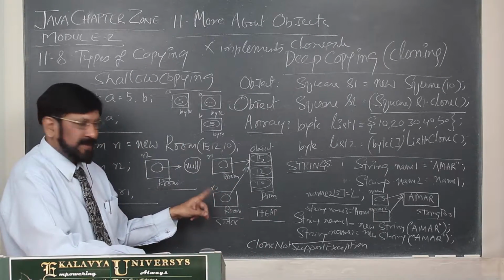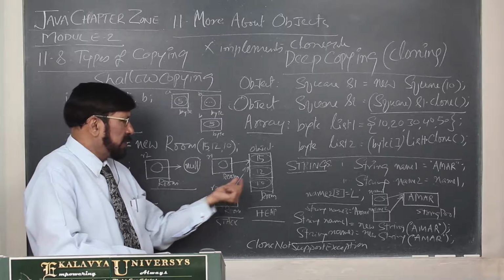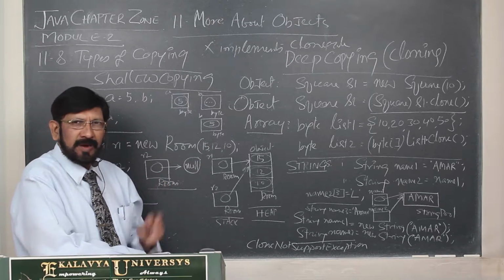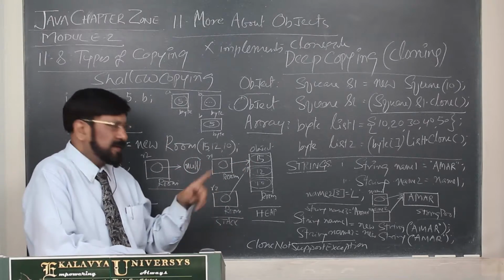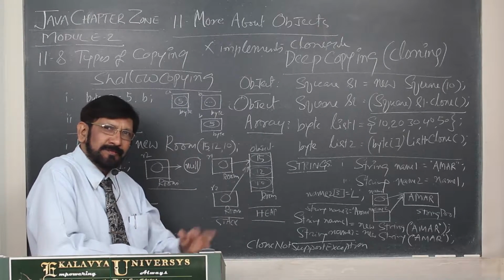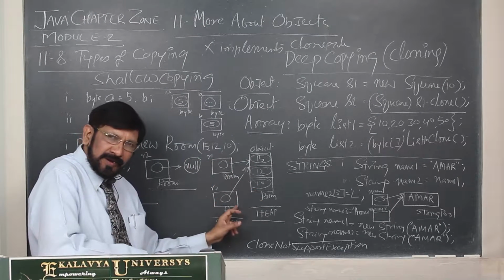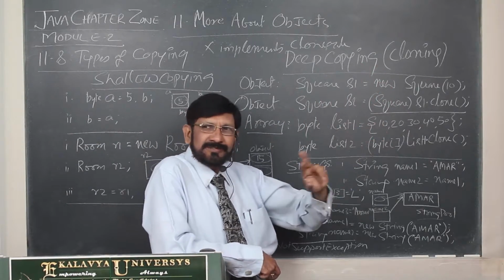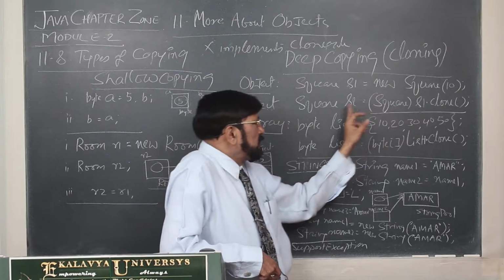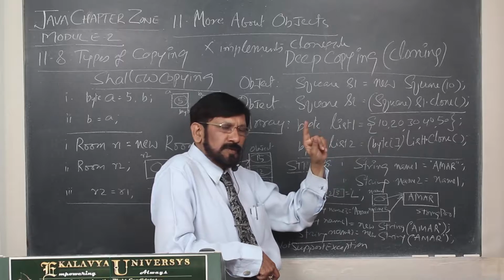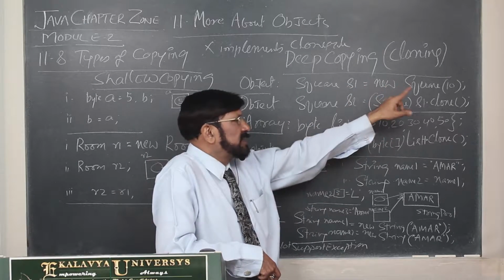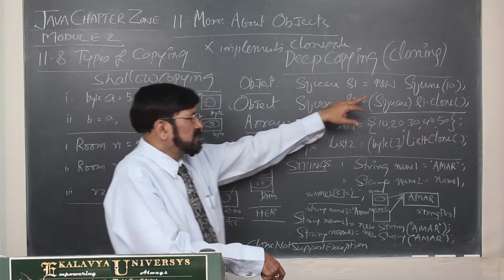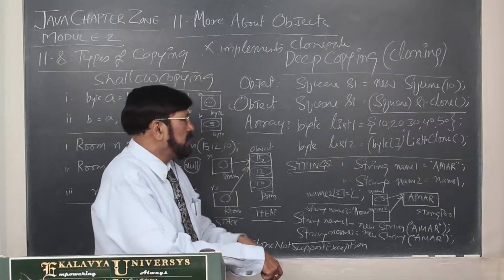But in this case, R2 dot length 15 is there. R2 dot length 20 you make. Then you write R1 dot length, that is also 20. Because here these are not duplicates. They are duplicate references. One kite, two strings. But in this case, two different kites. That's why if you assign 20 for S2 side, S1 side remains at 10 only. By that proof you can understand that both are different objects; a duplicate or clone or deep copy was made.